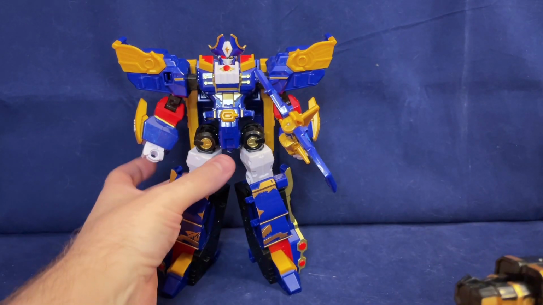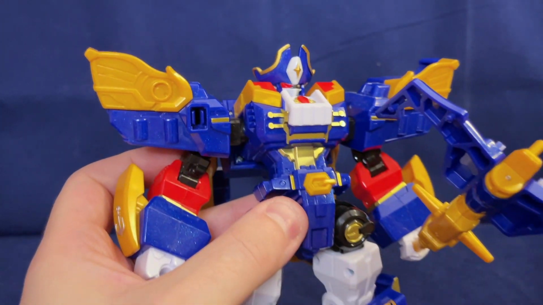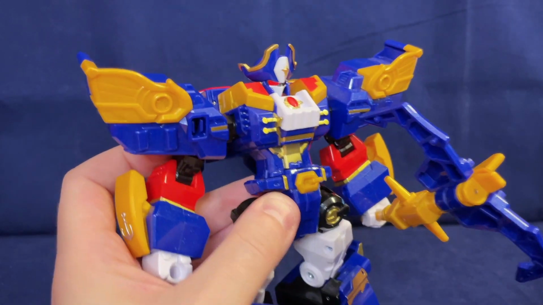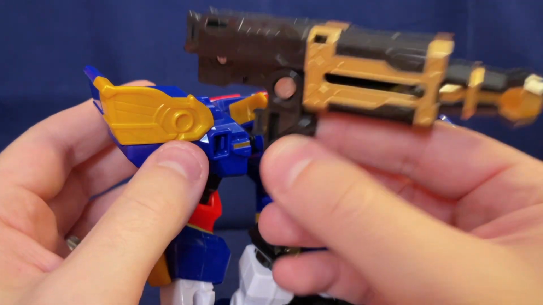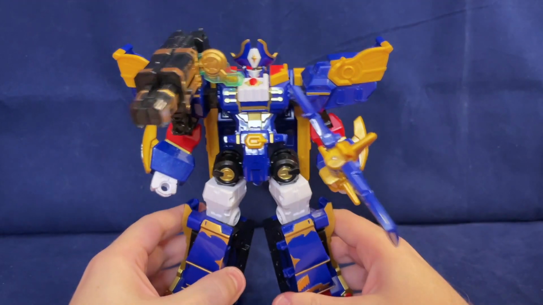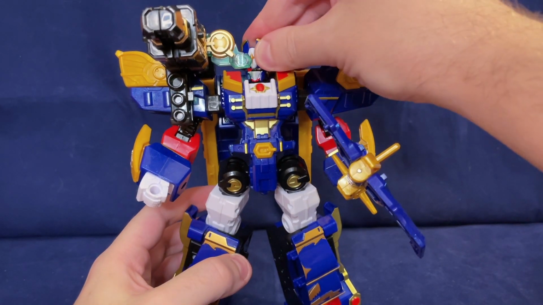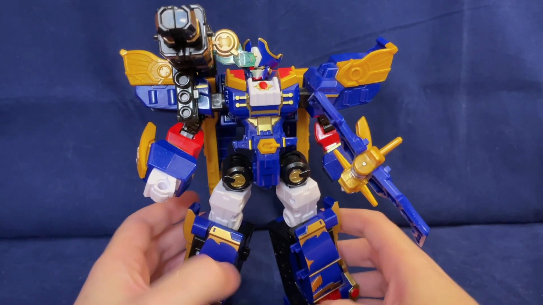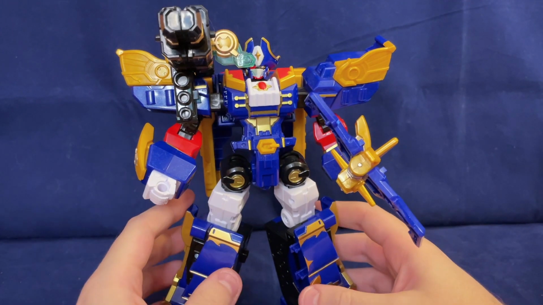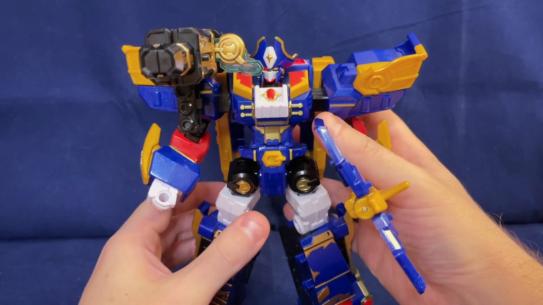This will clip into this somewhat suspicious clip section on this shoulder, because this is the outside of the vehicle, so this doesn't clip into anything when you're transforming him. So this clips in here, and that gives him a shoulder-mounted cannon, which is cool, but I also have issues with this. One being